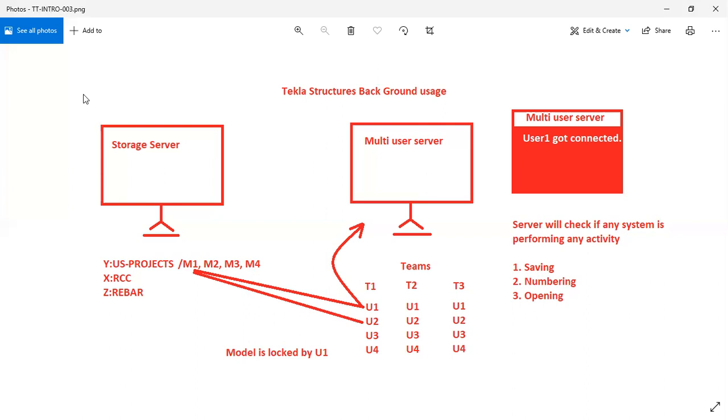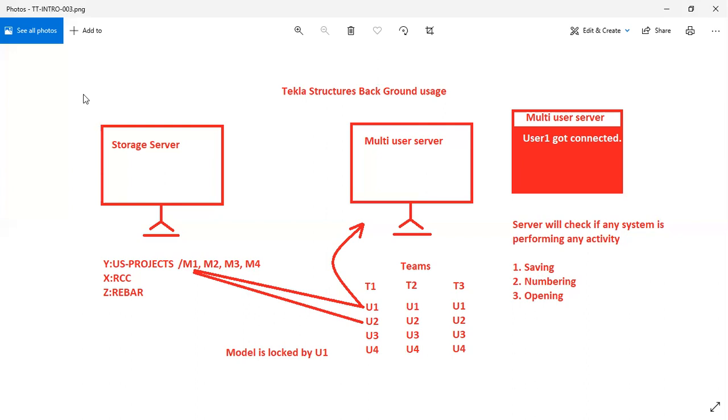But when we are working on Tekla, we will be dealing with map drives, because we don't need to go every time and copy those drives and paste them again while accessing the Tekla model. So we'll be using this map drive for directly accessing those folders. That is the method which we'll be using in the multi-user system for Tekla Structures for mapping the drives.